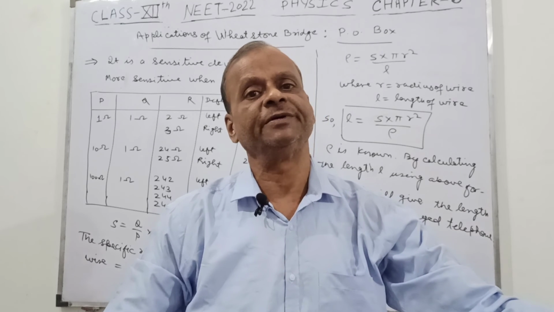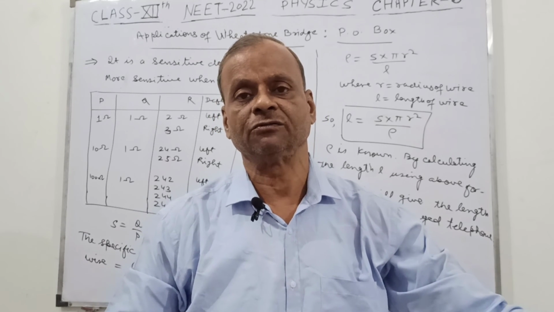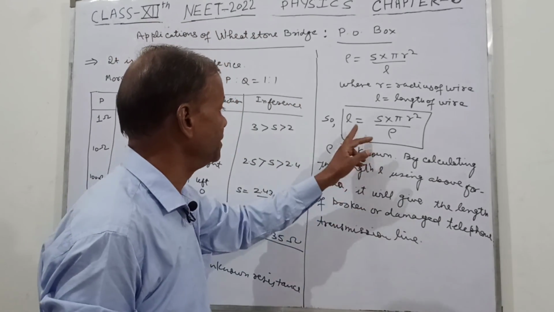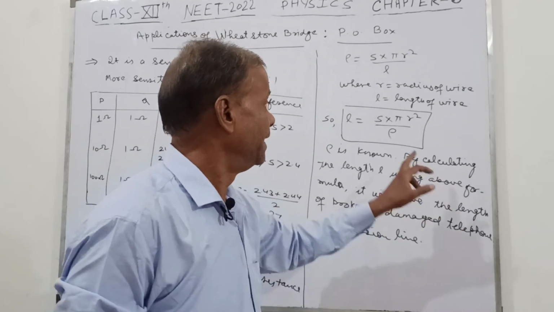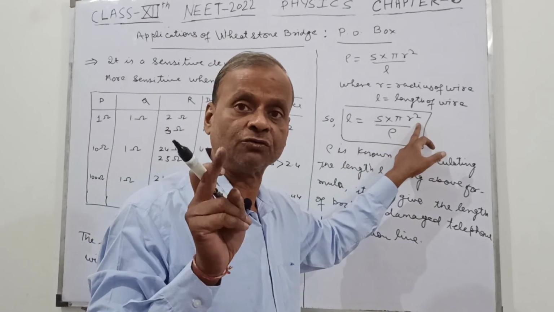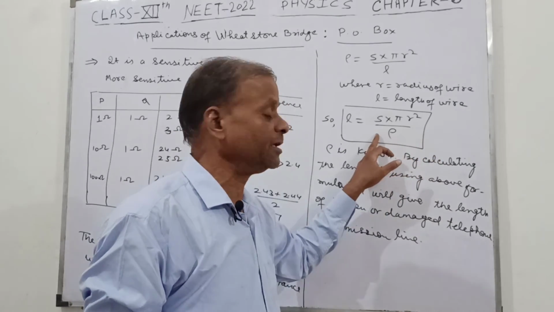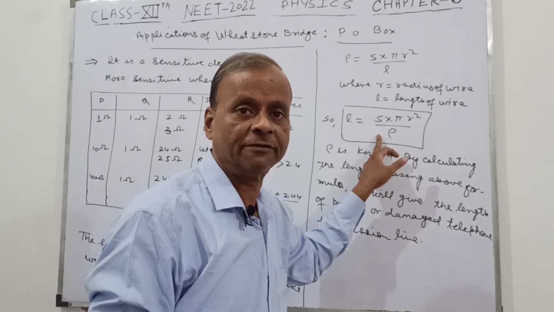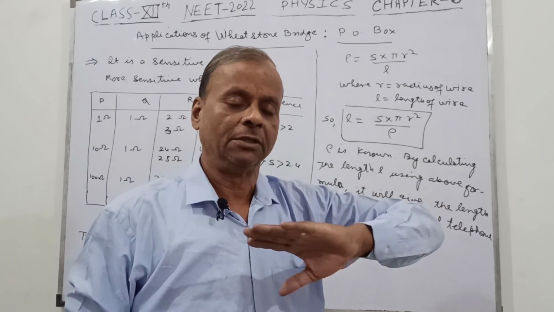ये जो वायर है वो अर्थ में आ जाता है। अर्थ में आते ही हम उसका रेजिस्टेंस मालूम कर लेते हैं कितना होता है। तो ये रेजिस्टेंस एस तो हमें इससे ज्ञात होता है, पोस्ट ऑफिस बॉक्स से ज्ञात होता है। एस हम जानते हैं पोस्ट ऑफिस बॉक्स से कितना होता है, ये अपन को पहले से नोन होता है, रेडियस कितनी होता है, पाई आर स्क्वायर कैलकुलेट करके रखते हैं। रो का मान अपन जानते हैं, अभी इतनी वैल्यू इसकी रो की, तो इससे हम एल का मान निकाल लेते हैं। तो एल का मान,